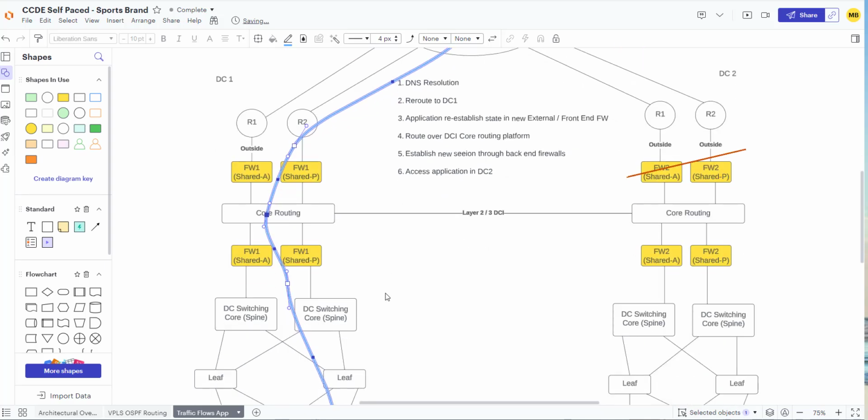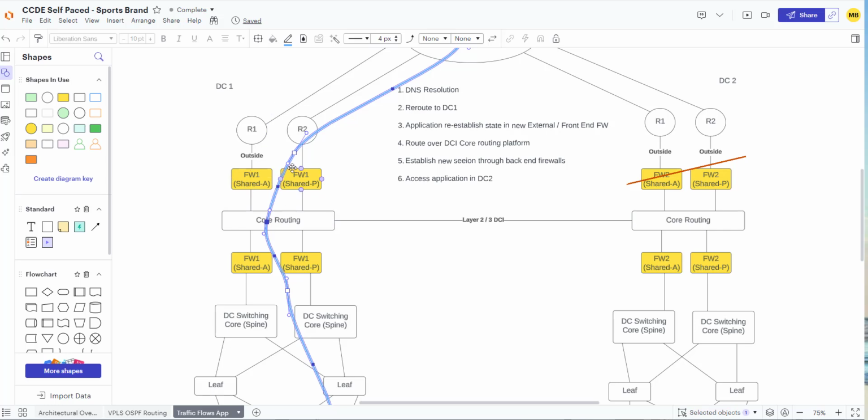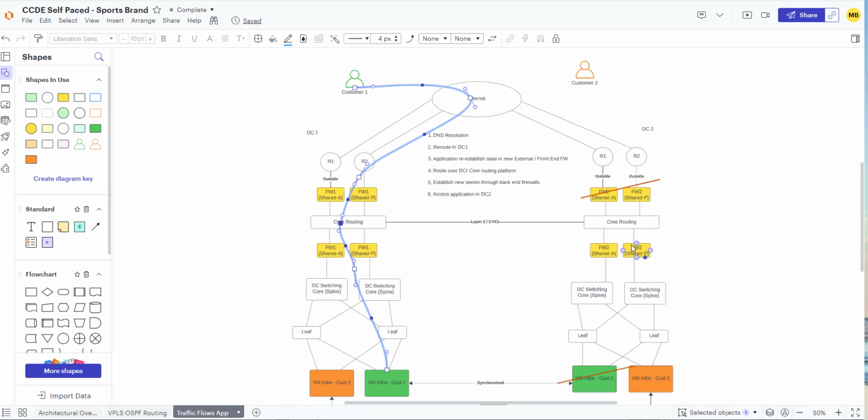But when it hit the application, we would still need to make sure that all this firewall state goes through the same sequence. DNS would need to resolve to the new data center. We would need to reroute the traffic to data center 1 via routers 1 and 2. We would need the application to re-establish state in the new external,